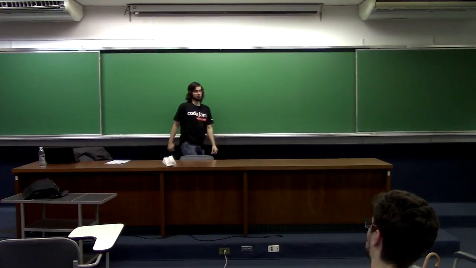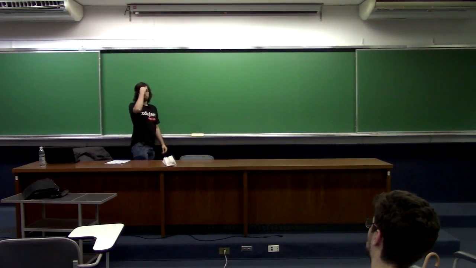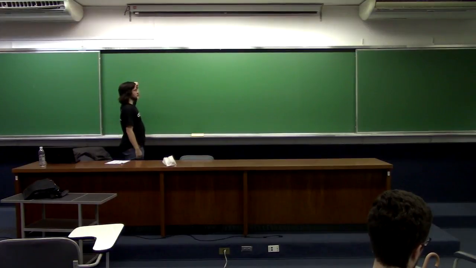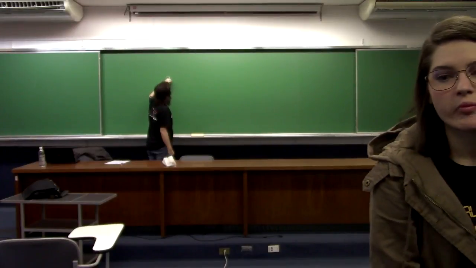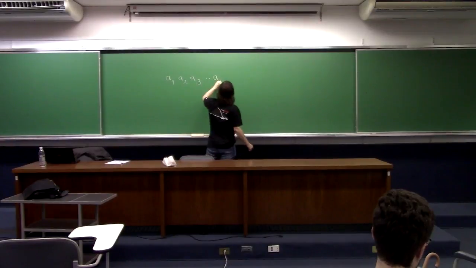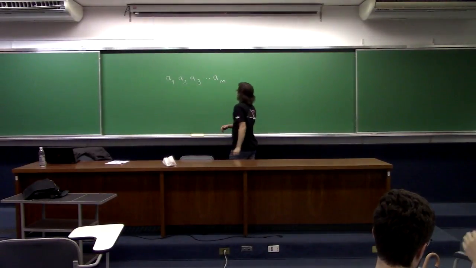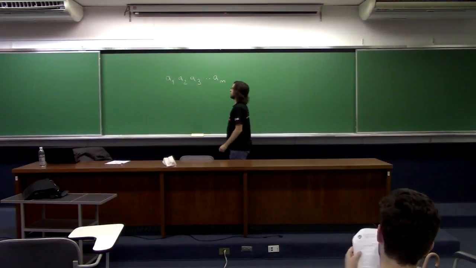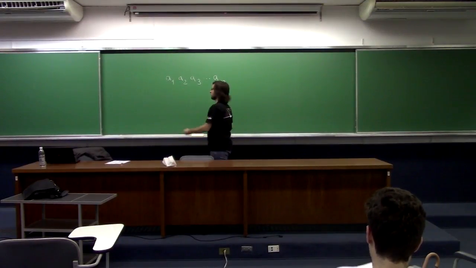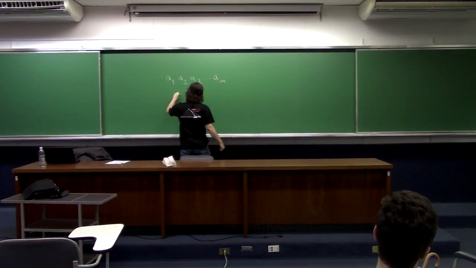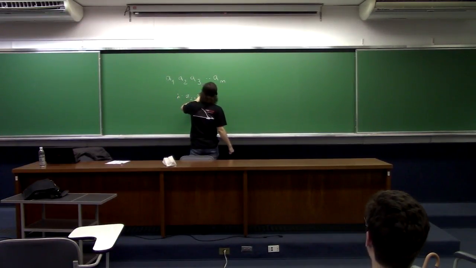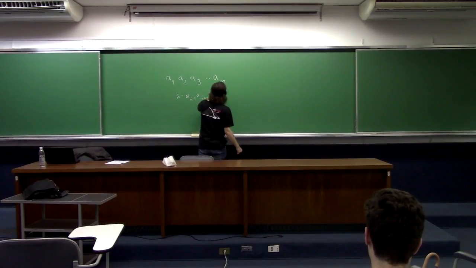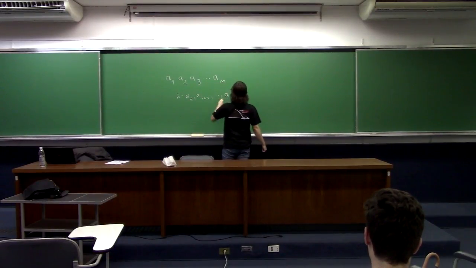Alright, problem A was probably the easiest, as it usually is, to introduce people to the contest. So we have some array A1, A2, A3 to AN, and we should find the first index I such that AI, AI plus 1, etc. through AN